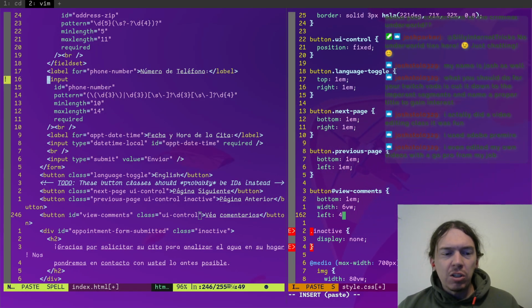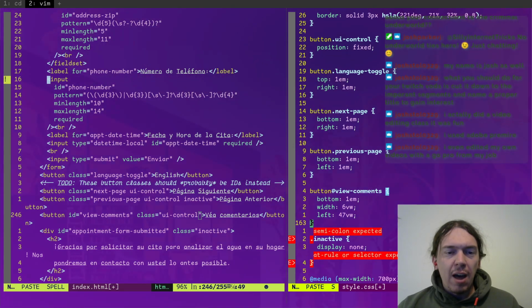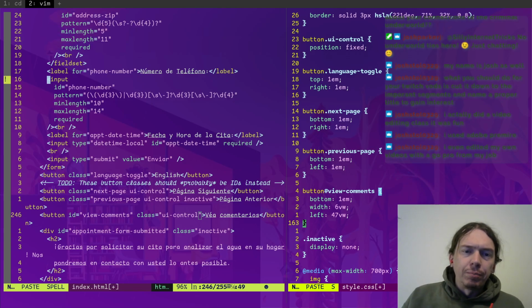So if its width is 6, then yeah, 47? I don't know, it took me a while to think of that. Okay.